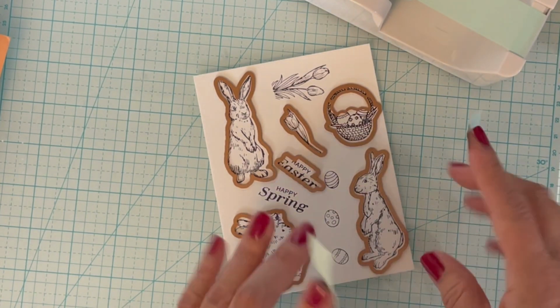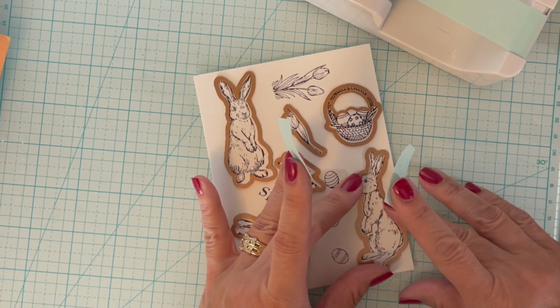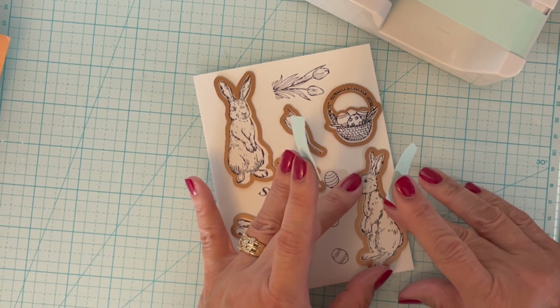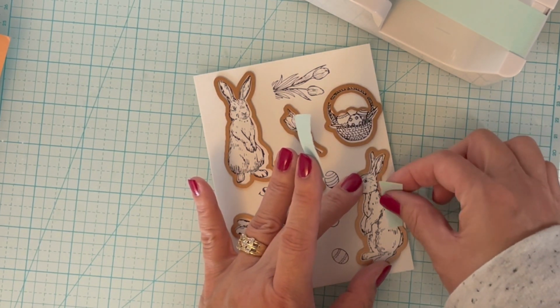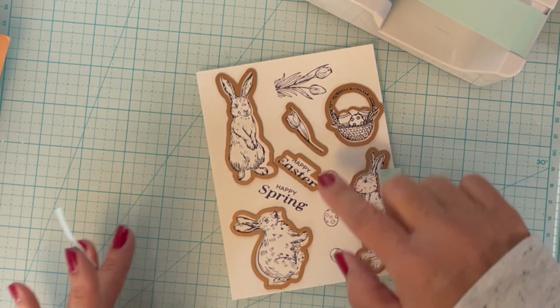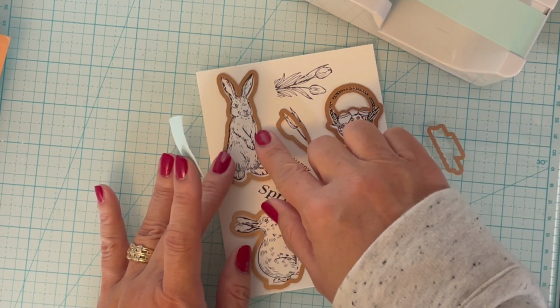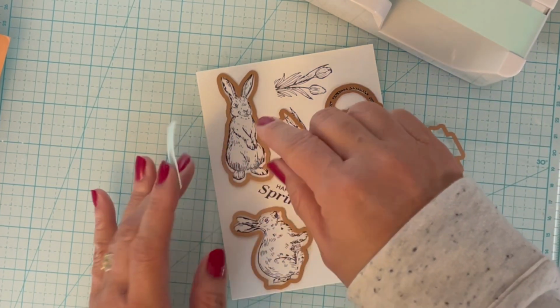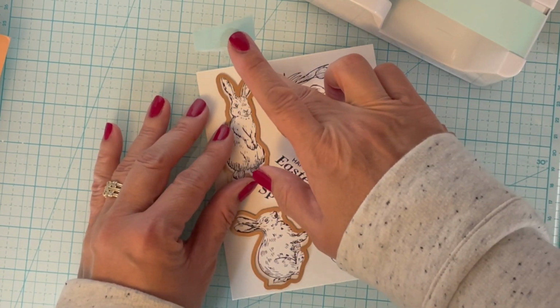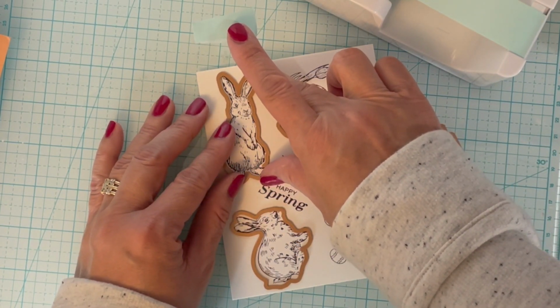I'm using mitten tape. I have it in a 1-inch size and it comes in pretty handy. Now I'm going to have to do this 2 times because some of my pieces are too close together. This might even be too close. And rather than run the risk of bending a die that's touching another die, I'm just going to do